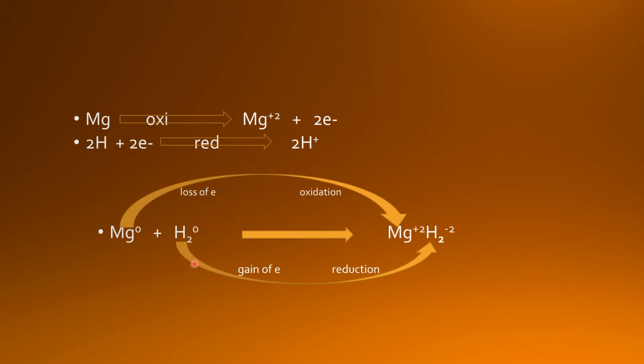And in all these examples you have seen that we write down the oxidation number here, and overall our molecule is neutral. The number of charges, the number of electrons lost by one atom and gained by the other atom, are the same. So as a whole our molecule is neutral.